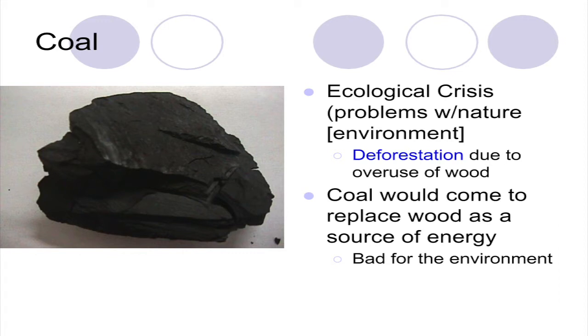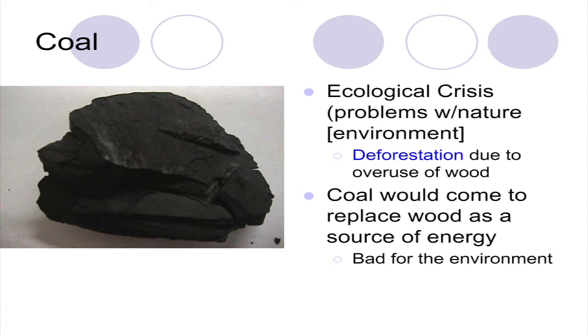Ecological, remember, ecology refers to the environment, nature, what's going on with it. To the left-hand side, you see a picture of coal, but keep in mind, before we used coal, we used wood. And what started to happen was because so many people were cutting down trees, you have something called deforestation. If you think of the word forest, like lots of trees, deforestation means when you use too many trees, you start cutting them down and the trees cannot grow back fast enough.